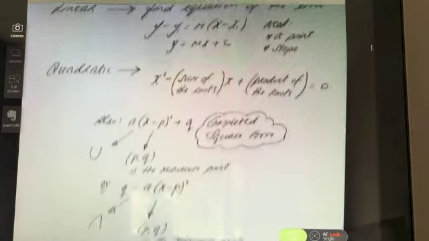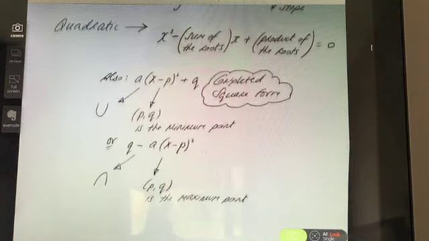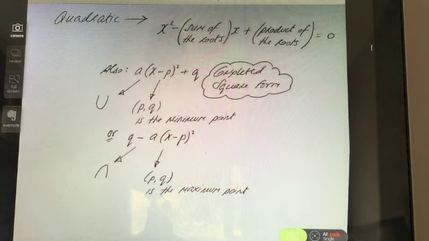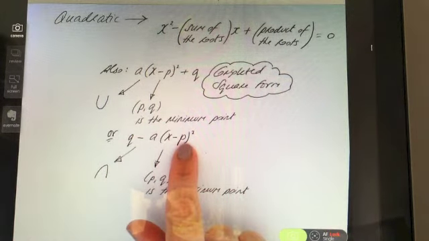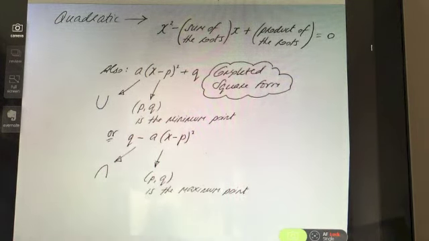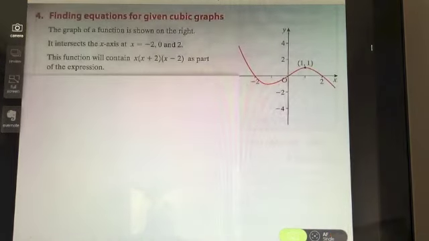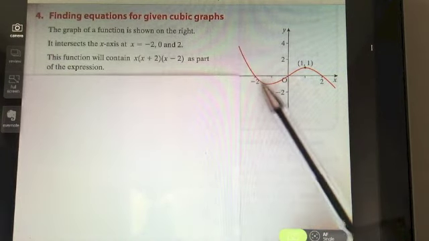Then of course you have, if it is an N shape, and therefore you end up with something like this when you have the completed square form, it's going to have p, q as the maximum point, and so if you can see the maximum point, that's where you can sub it in order to find out more information about the actual quadratic function. Okay, so with cubic equations, if we jump straight into this example here, say you're trying to get the cubic function from this graph,